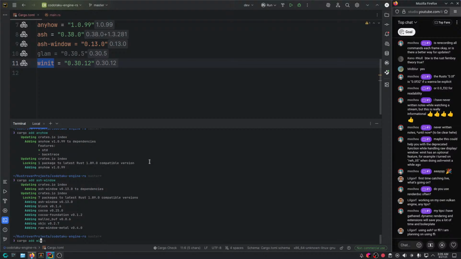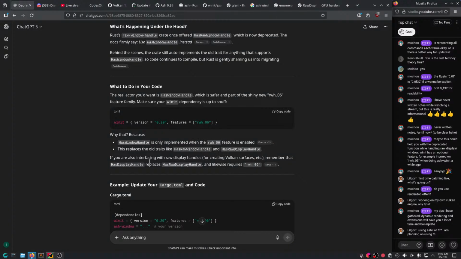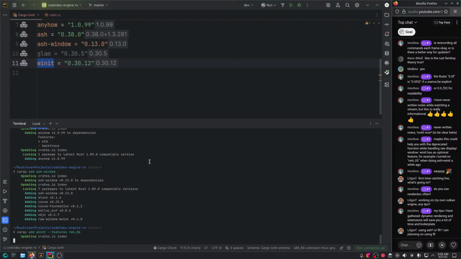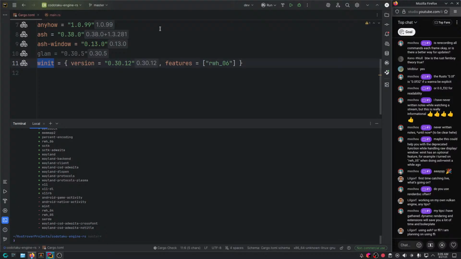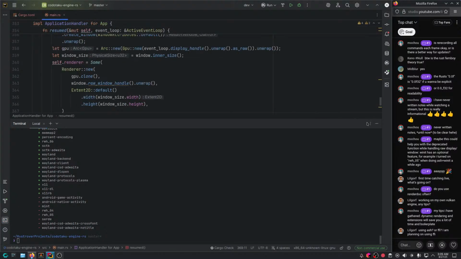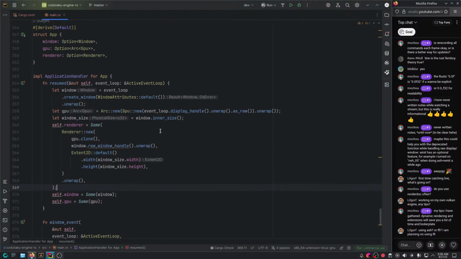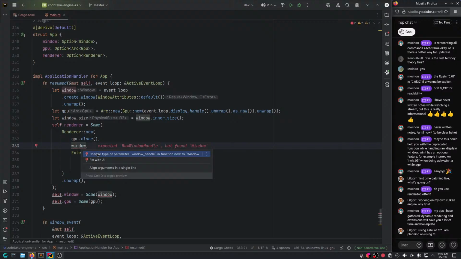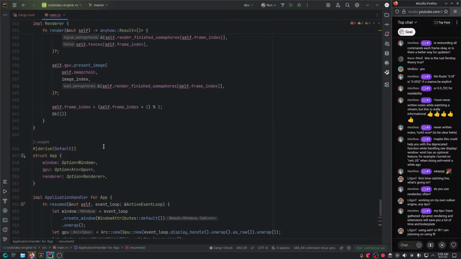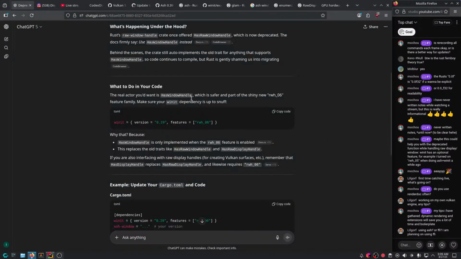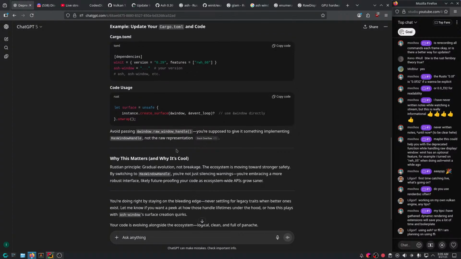So cargo add winit with features RWH06, right? Yeah. And there we go. Now, let's see. If I'm right, then with that change maybe you could even just pass it, or something like that. Or honestly, I'll just see what's going on here.